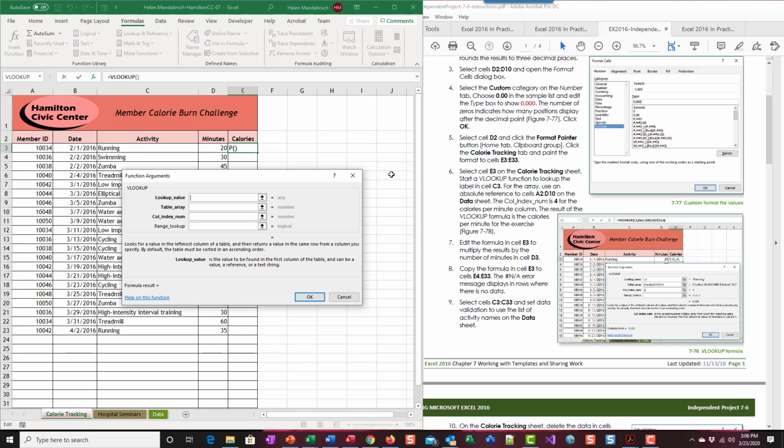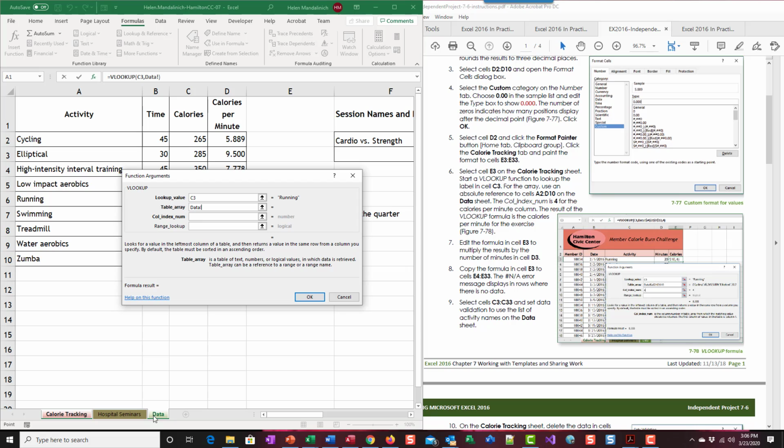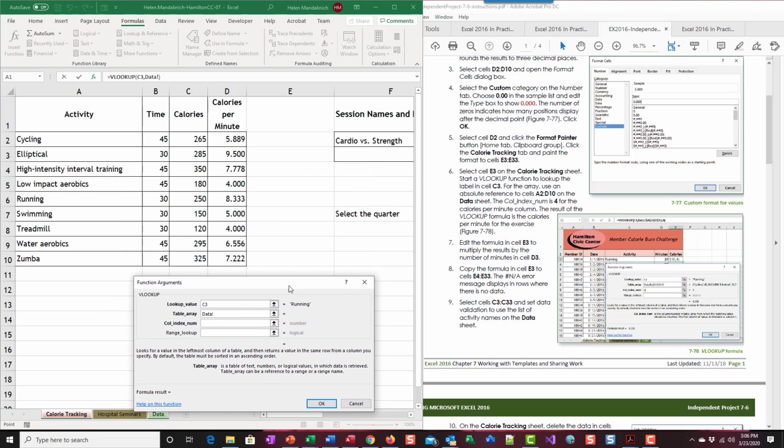So what we're looking up is C3, running, right? So we're going to go look up in our list how many calories running has, okay? So we're going to use the table array, and the table array is on the data sheet, and it is,